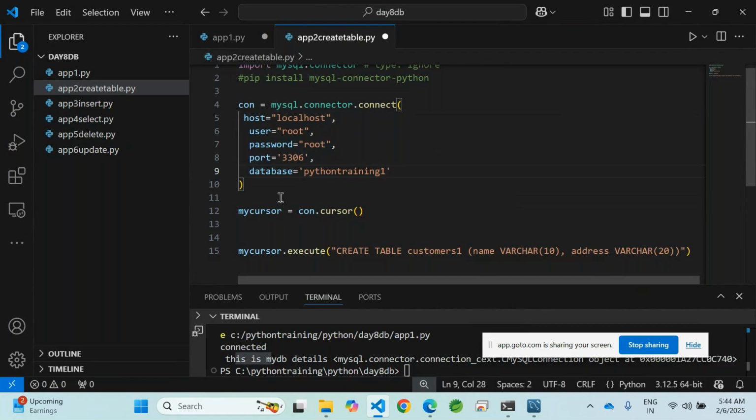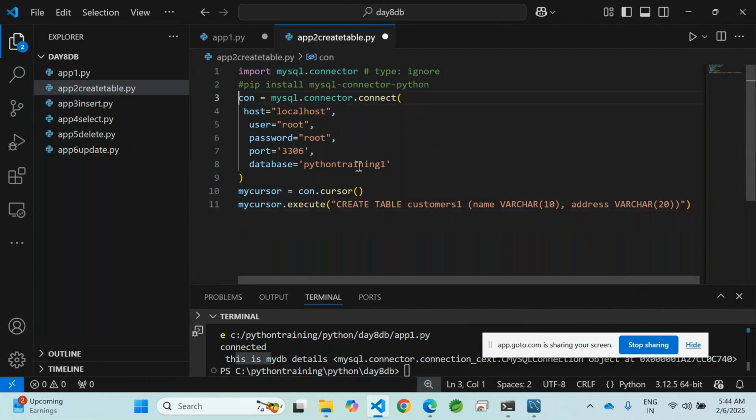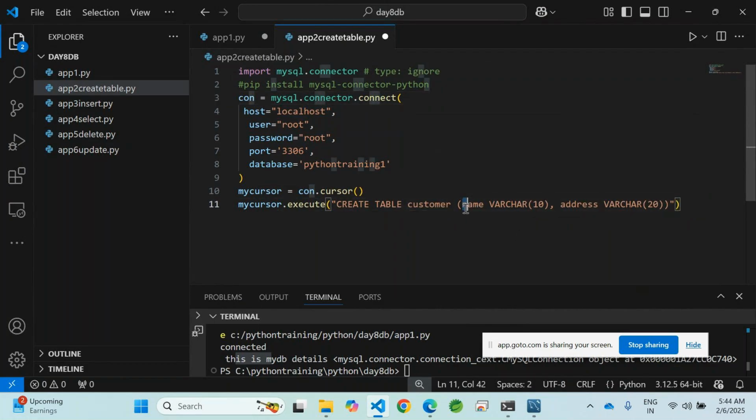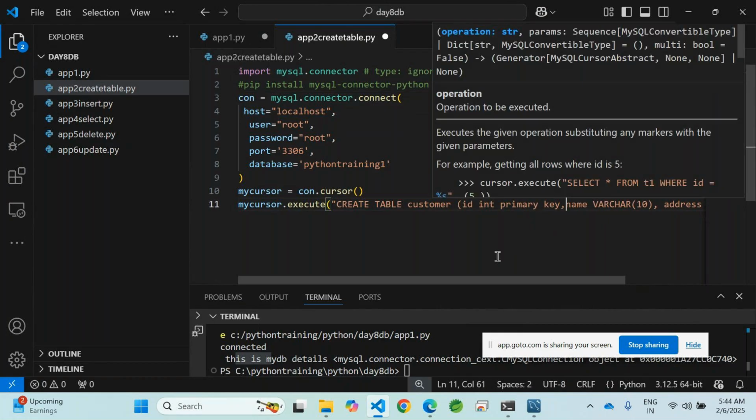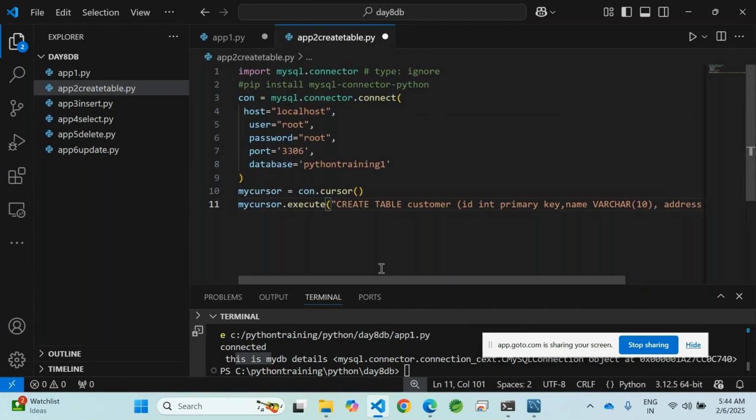Now the cursor is created. After the cursor is created, with the cursor we will be able to create the table. Create table customer. First column name is name, varchar, address, varchar. Customer ID you want to add, ID int primary key. Primary key means it will be unique. Now if you are going to run this program,